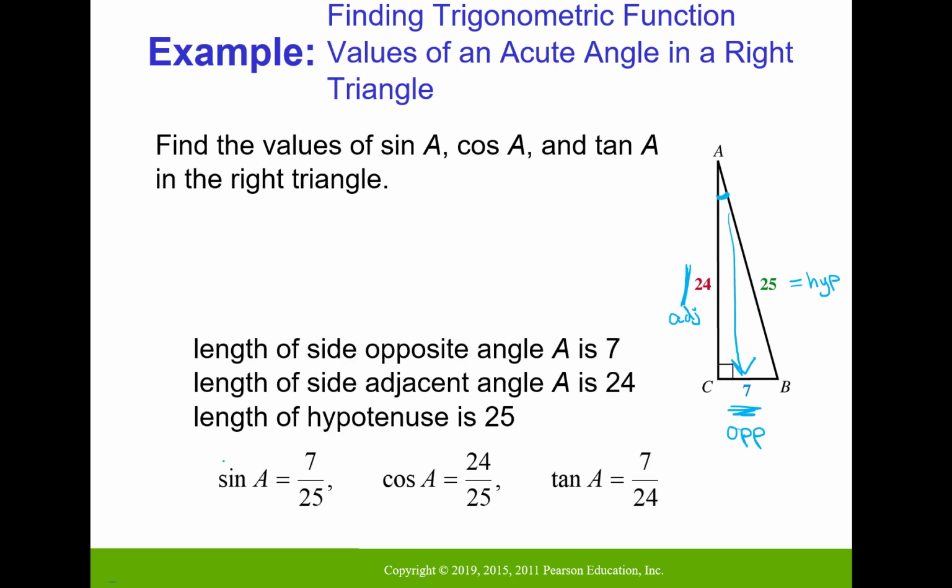And so sine is opposite over hypotenuse, and so 7 over 25. Cosine is adjacent over hypotenuse, so 24 over 25. And then tangent is opposite over adjacent, so 7 over 24. And those are our main trig function values, and if you wanted cosecant, secant, and cotangent, you would just flip